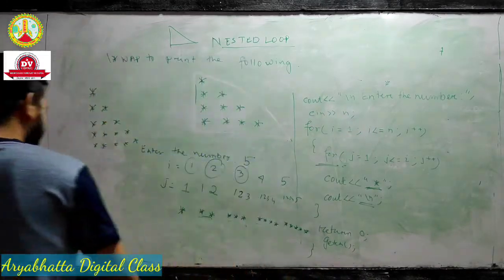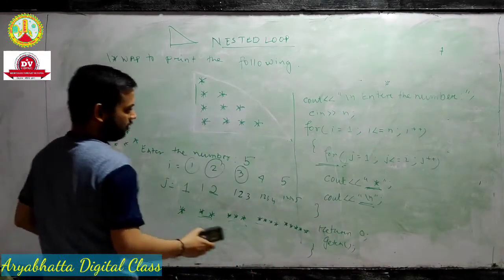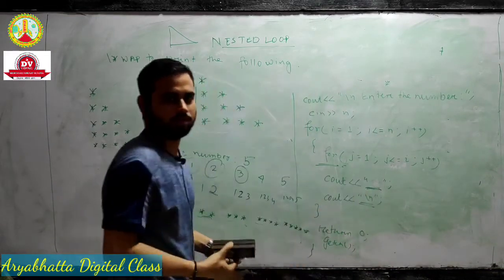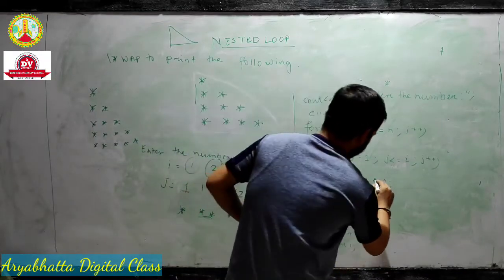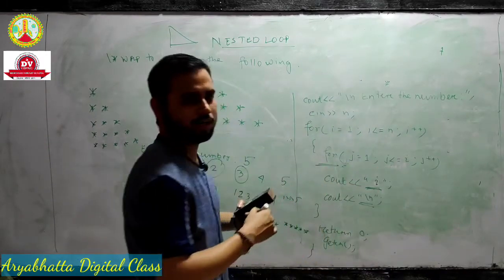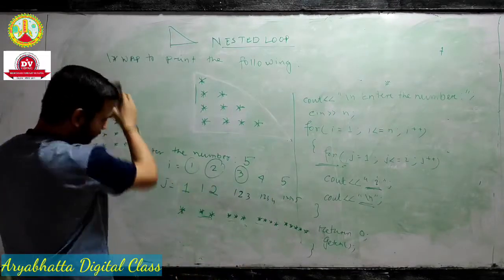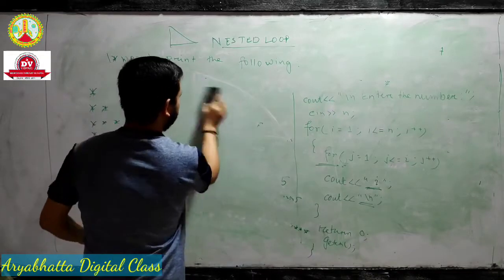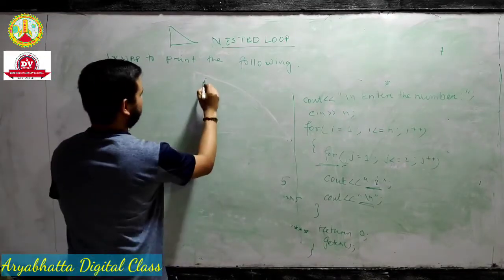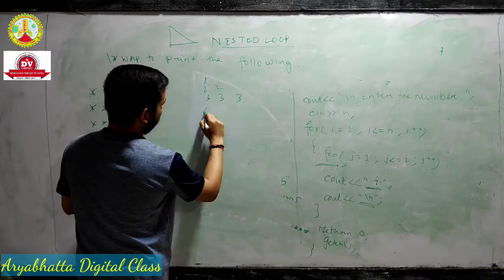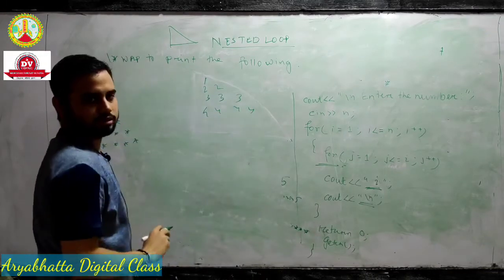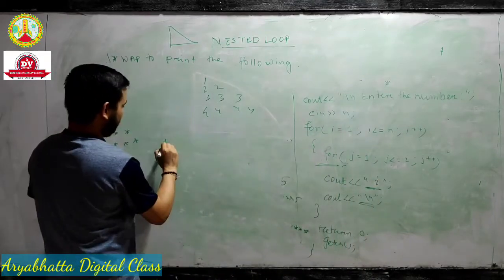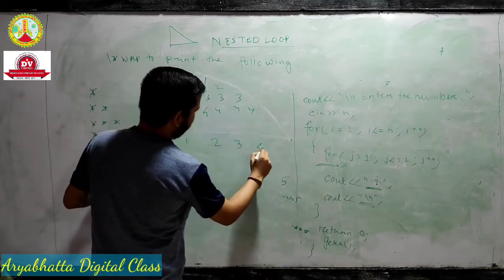Okay. Now, if we don't take the star value, suppose we take here I, then what output will be coming? We take this sometime in the exam. Sometimes in your exams this comes as 1, 2, 2, 3, 3, 4, 4, 4. Then you have to take this value I, because I is what? I is 1, 2, 3, 4.